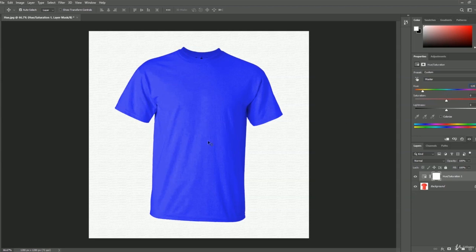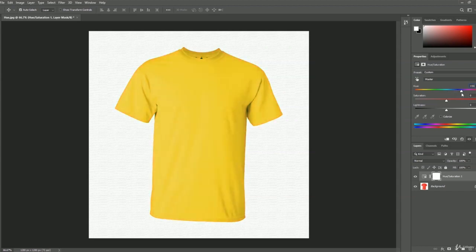Suppose you want to make this t-shirt yellow. So therefore you have to go for the plus point and we have to move the pointer. So let's move the pointer to the right side and let's make it plus. Right now we have the minus value and we will make the t-shirt yellow. Okay, cool. Right now we have the plus 53 value in hue